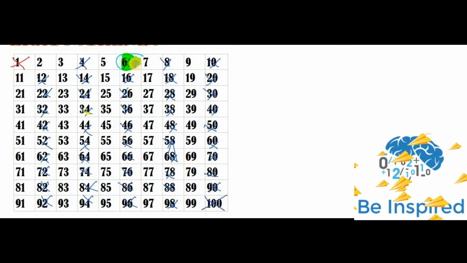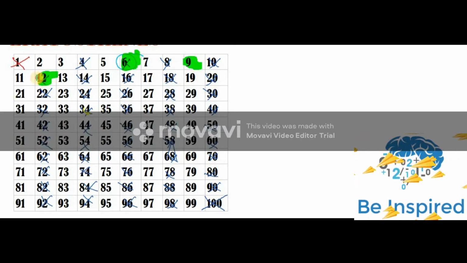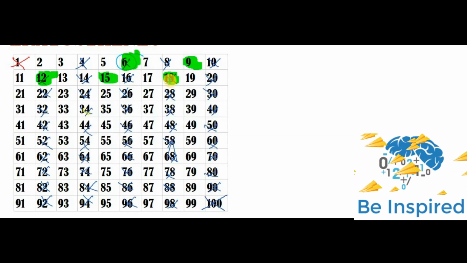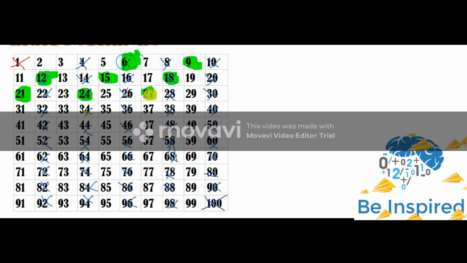Okay, I selected green now to see it very clearly. 3 2s are 6, 3 3s are 9, 3 4s are 12, 3 5s are 15, 3 6s are 18, 3 7s are 21, 3 8s are 24, 3 9s are 27,